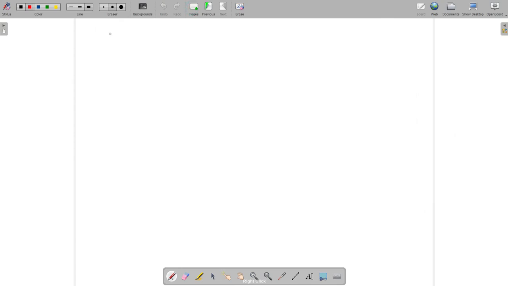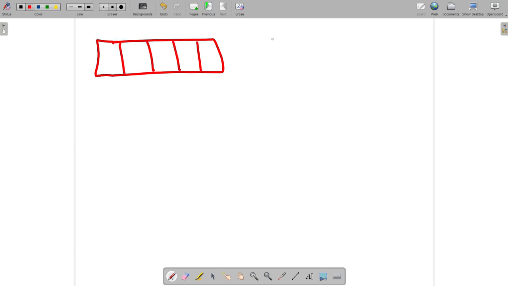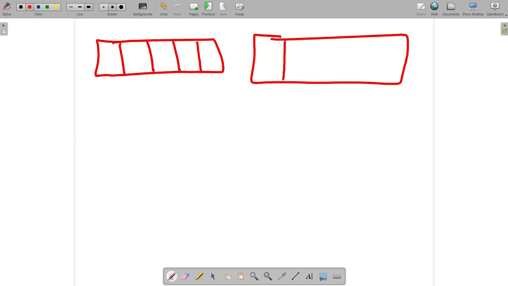So let's say we have two sorted arrays here. 2, 6, 15, 21 and 30. And let's say this is 5, 9, 16, 20 and 32.